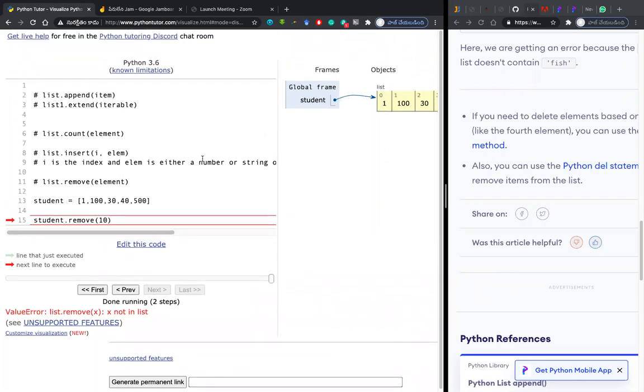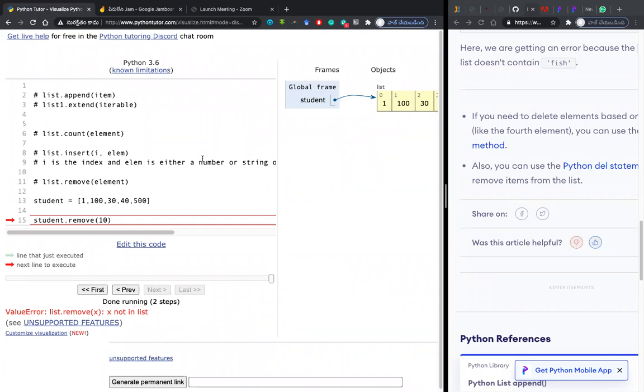So to eliminate this error, can anybody tell me any suggestion? How do you write a program so that if some value which is not there in the list, if you are trying to remove it, it still understands that it is not there in the list and continues with the program by telling the message that this number is not there in the list. Can anybody tell me any idea about this?